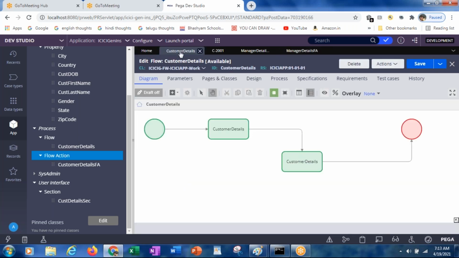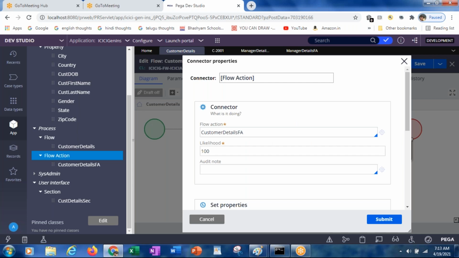Next, go to the customer details. Where can we refer the flow action? In the connector. So open the connector, double click on it. Earlier we referred the customer details flow action. Now instead of that, we will refer the manager details flow action.